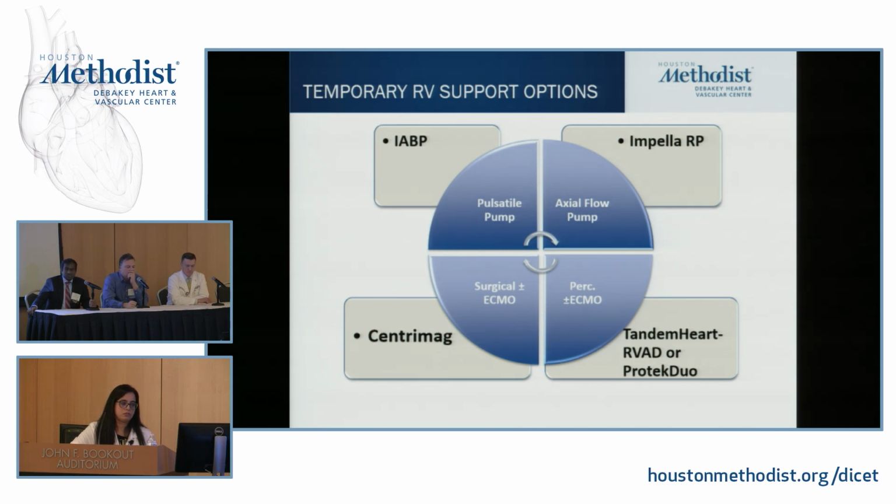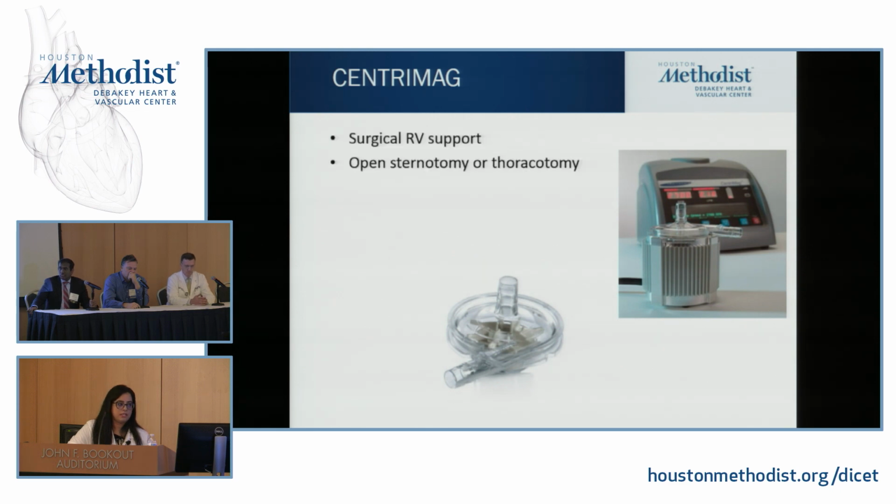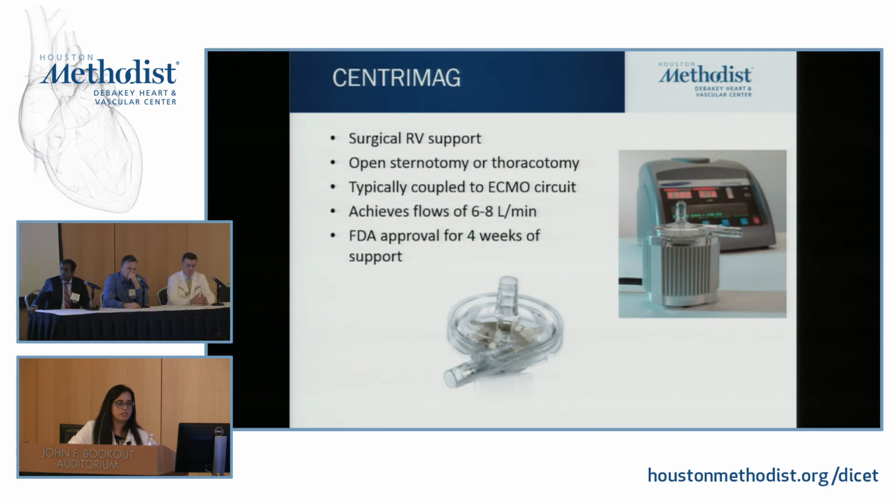Back to what I was going to talk about initially: the Impella RP, the TandemHeart RVAD or ProtekDuo, and the CentriMag. The CentriMag is the one that is commonly used. It's surgically placed. You have to do an open sternotomy or a thoracotomy for this. It's typically coupled to the ECMO circuit, and it achieves 6 to 8 liters of flow. The FDA approval is for 4 weeks of support,